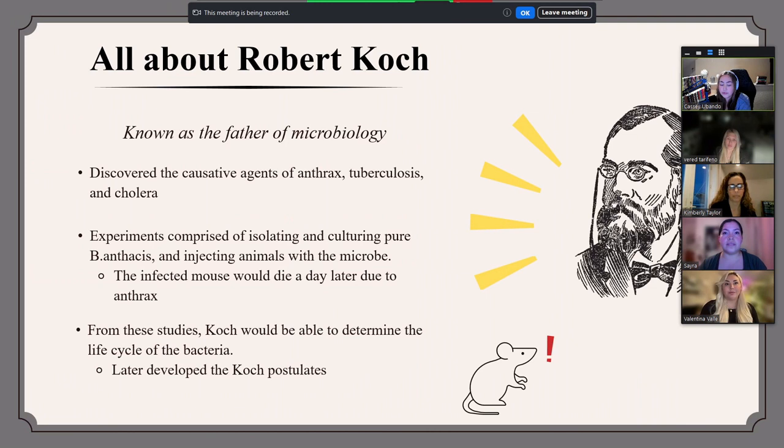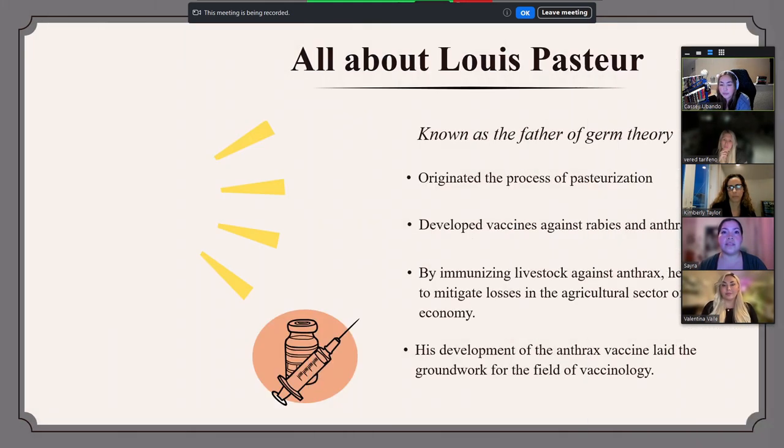Robert Koch, also known as the father of microbiology, successfully isolated Bacillus anthracis in 1876. During one of his experiments, he inoculated a mouse with the blood of an anthrax-infected sheep. The following day, the mouse died, and Koch would continue his experiments, leading to the propagation of anthrax rods over many generations. His research would lead to the development of Koch's postulates, which are criteria used to determine a causative relationship between a microbe and a disease.